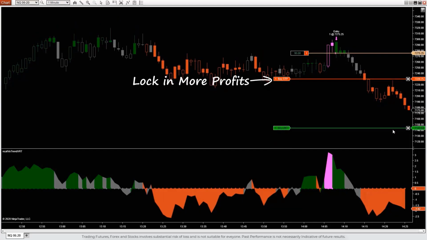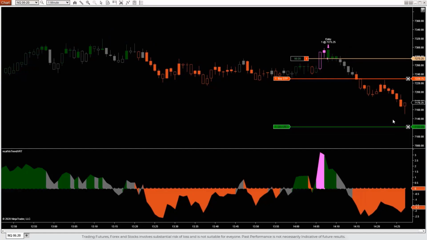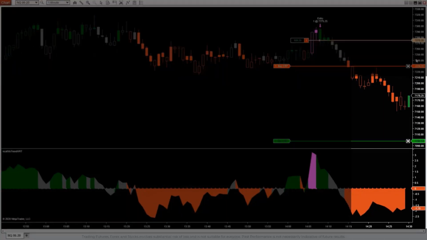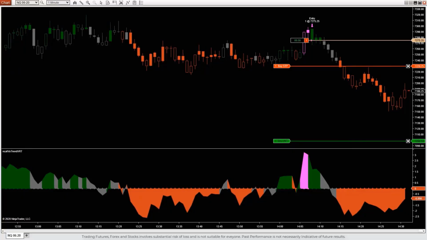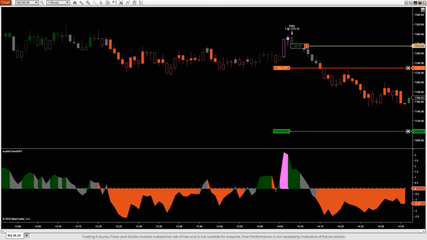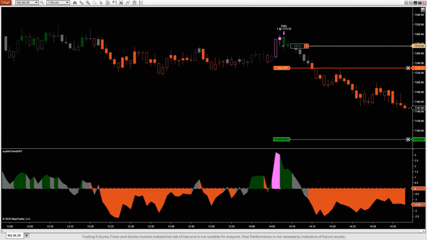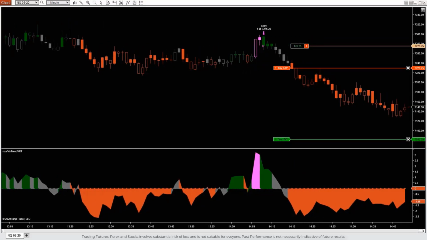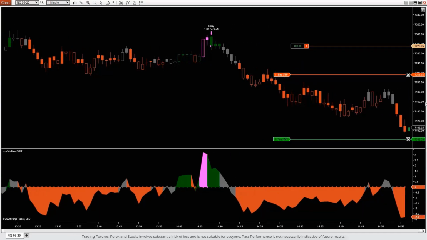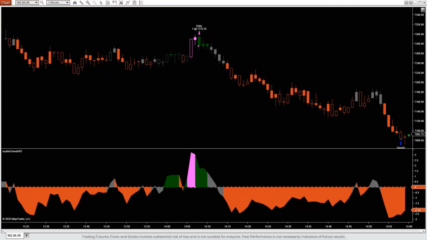Let me move out the profit target a little bit further because you see the market keeps selling off. And we'll just keep managing our trade in sync with the volatility. By not managing this super tight, it allows us to stay in this as long as we want with confidence, especially when we catch a trend super early like VIX Trader allows us to do, all without ever having to micromanage a trade. So we calmly stay in until we hit our target, like we did here with a 773